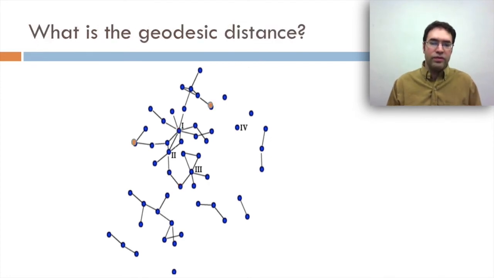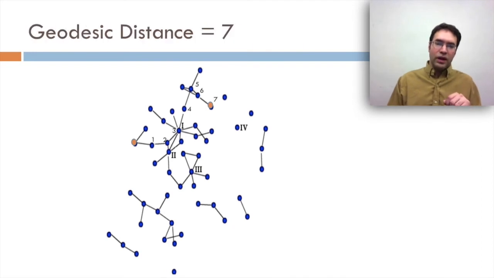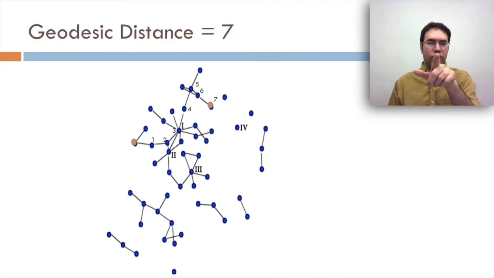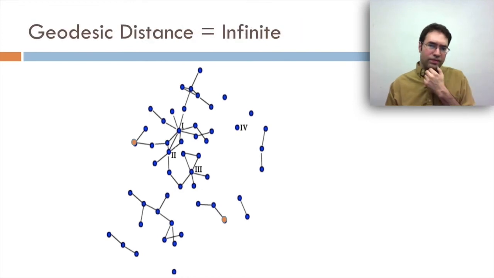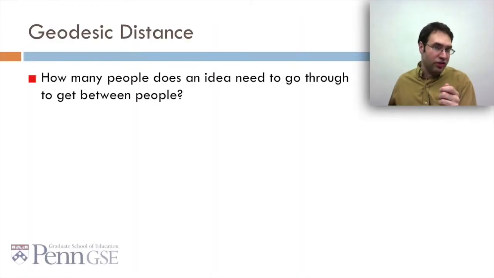Between these ones, try to do it yourself really quickly, pause the video. The answer is 7. 1, 2, 3, 4, 5, 6, 7 links. How about these two? Well, in this case, there's no way between them, so it's actually infinite. One way you might use geodesic distance is to say, how many people does an idea need to go through